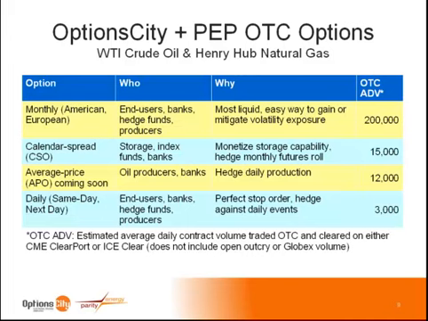Average volumes are over like 12,000 a day. And finally, we have daily options like same days or next days. Those are options that you enter into and that expire, and they are providing perfect stop order. They also allow people to get exposure or